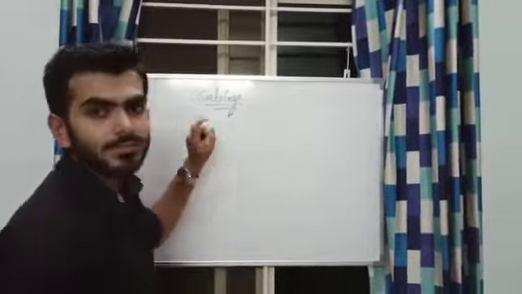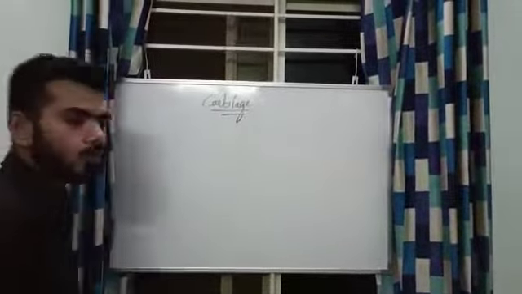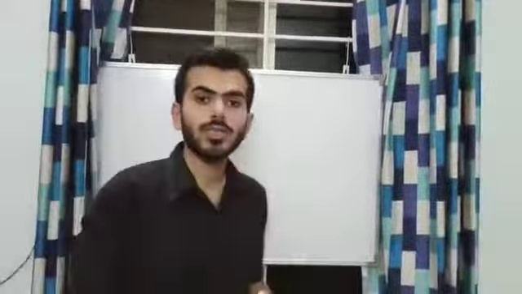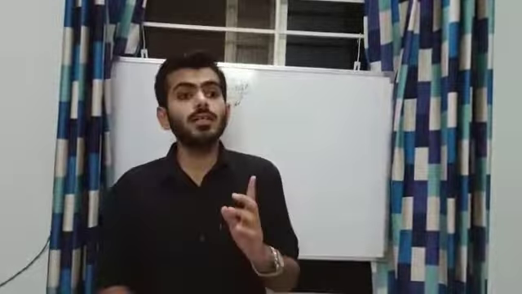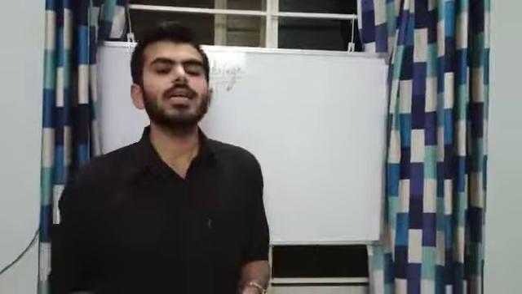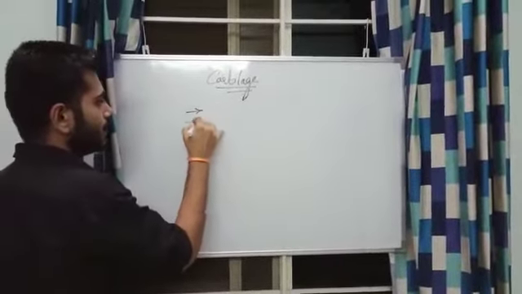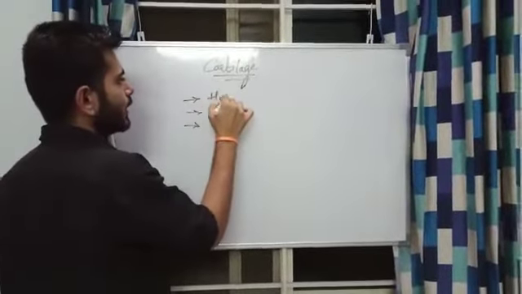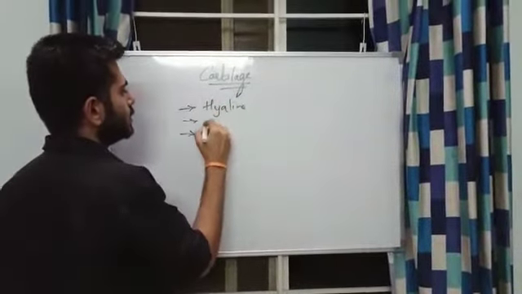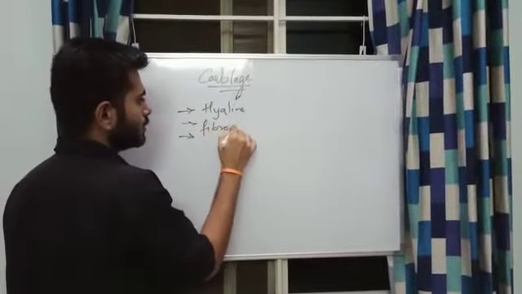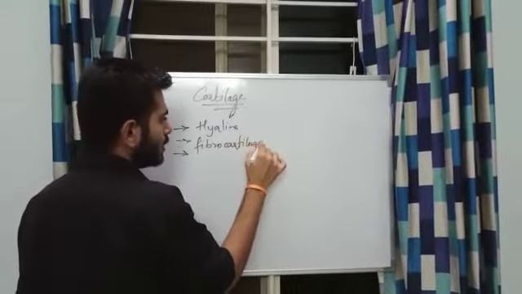Okay, so last but not the least, we have the cartilage in our topic. So first of all, we will know what a cartilage is. Cartilage is a semi-rigid structure, unlike bone, which is rigid and hard, which is found in the body. It is formed of cells and fibers, which are embedded in mucopolysaccharides. So coming on to the classification, again we have it in 3 types. That is the hyaline cartilage, the fibrocartilage, and we have the elastic cartilage.